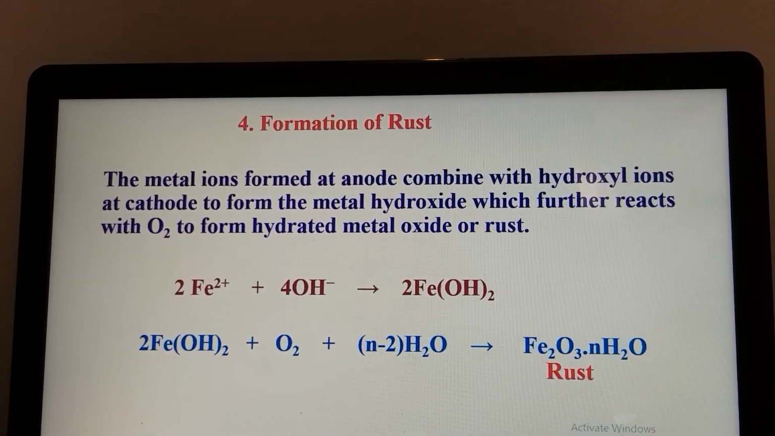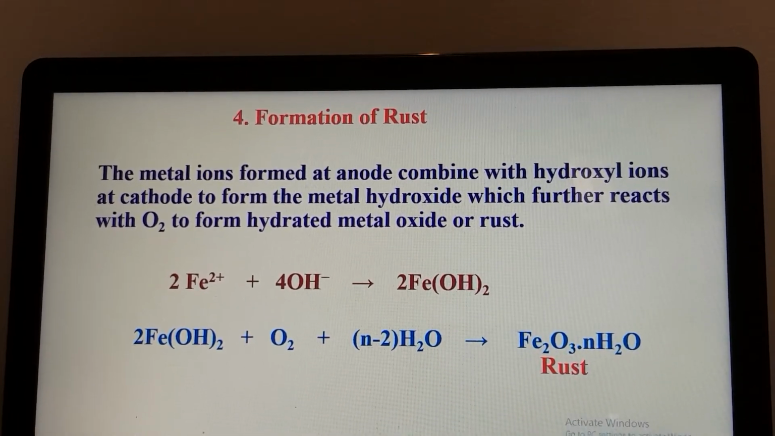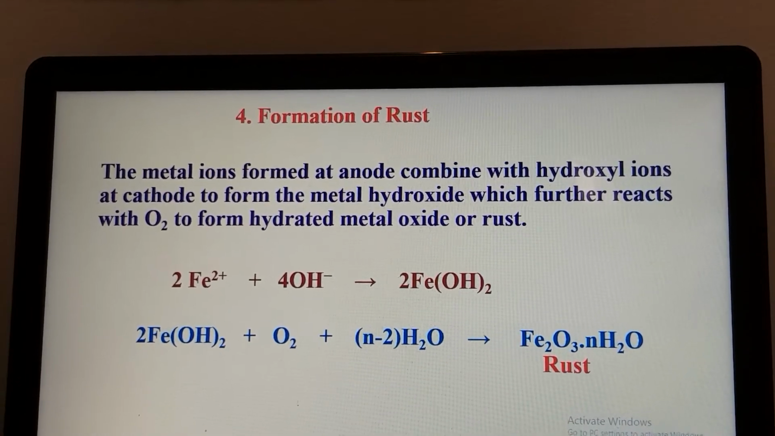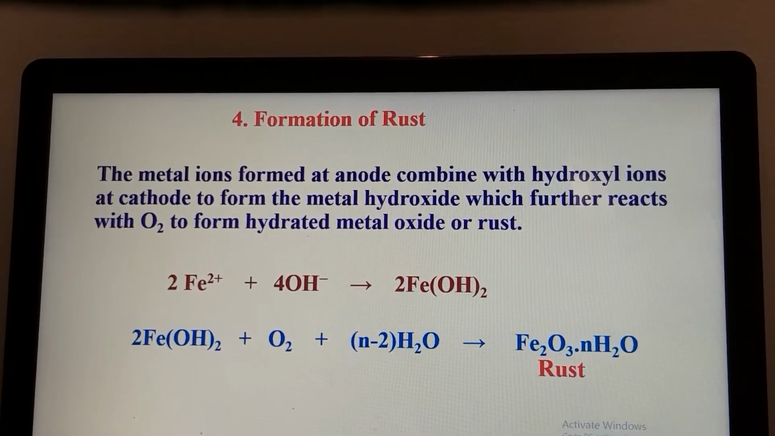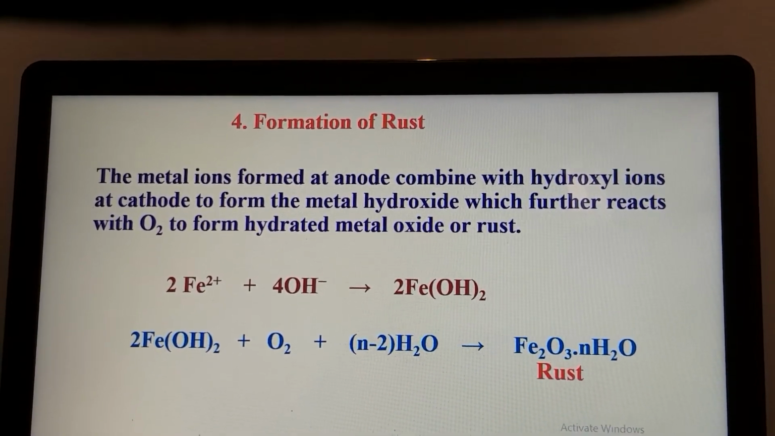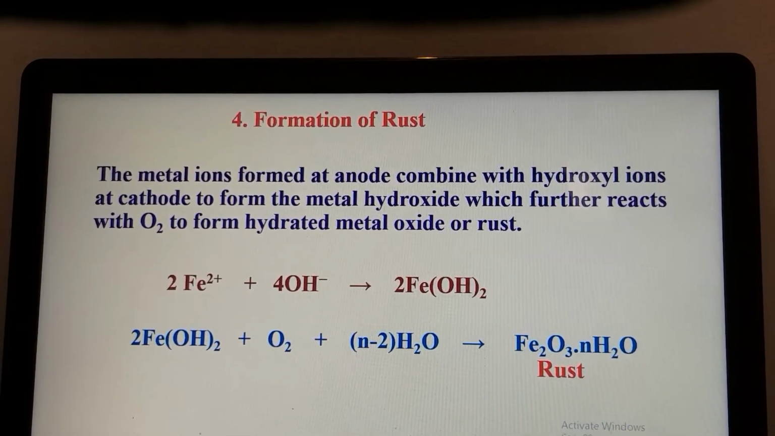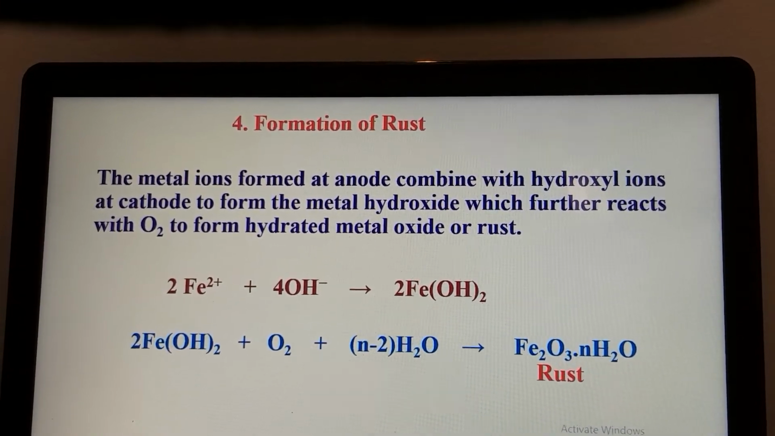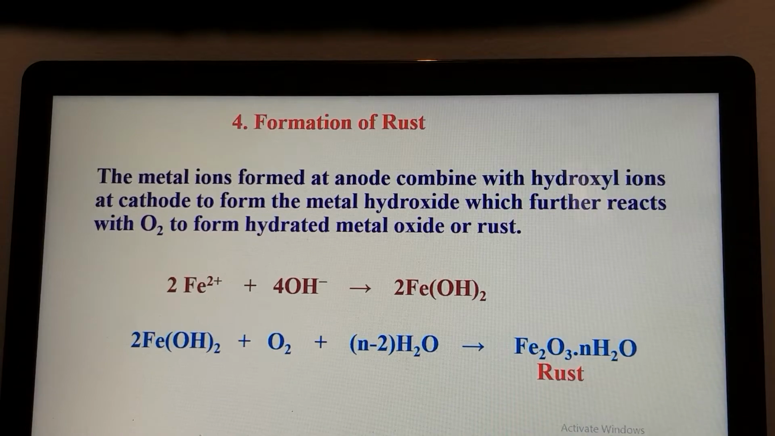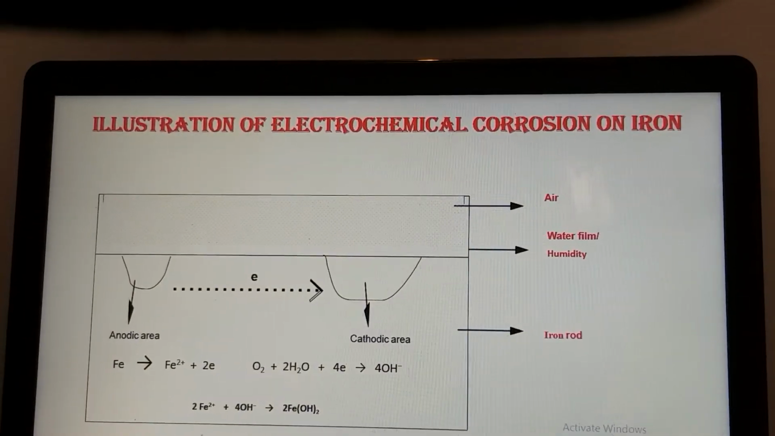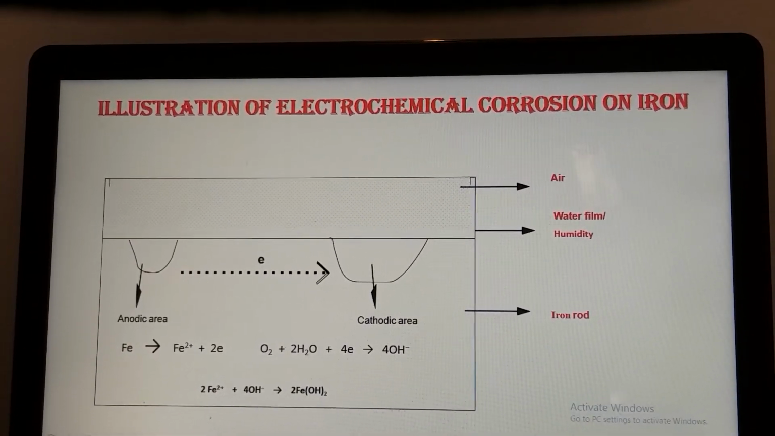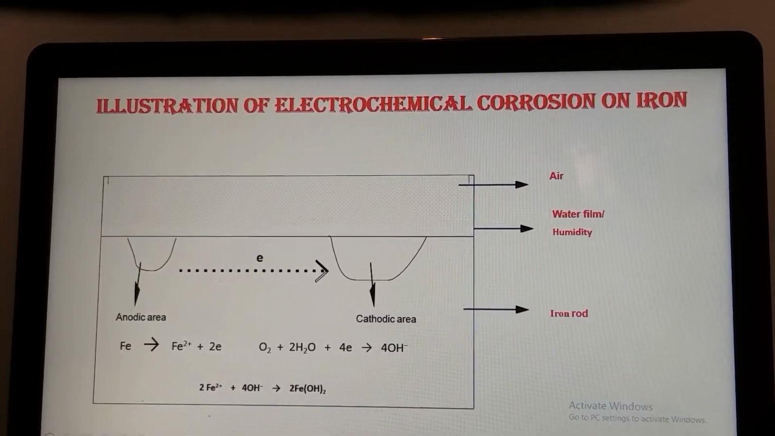Thus, we can say that the ferrous ions, that is Fe2+, which are produced at the anodic area, and the hydroxyl ions, OH-, which are produced at the cathodic areas, combine to form ferrous hydroxide, Fe(OH)2, and this further oxidizes to produce rust, that is Fe2O3.nH2O. This is explained with the help of this figure, where the anodic area is formed, where the Fe2+ ions are produced